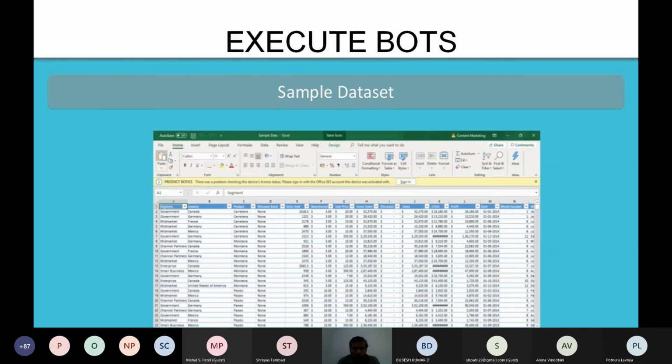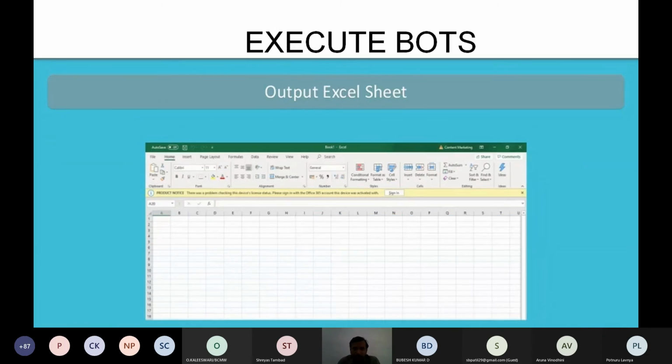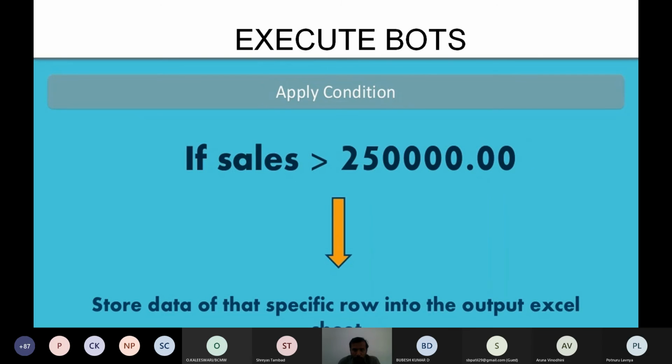So in our sample case, think that we are asked to automate an Excel sheet based on a certain condition. Think that this is your sample data set. This is your second step: you are giving an output Excel sheet. You are applying a condition, say for example, sales greater than 2.5 lakh.